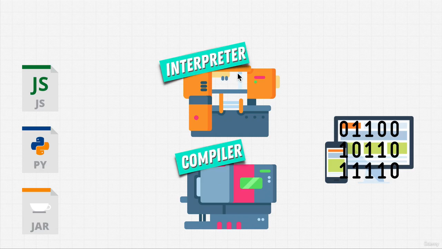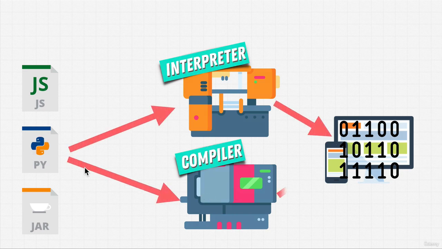Now, Python usually uses an interpreter, usually. And an interpreter, just like a translator, goes line by line through our code and executes our code on our machine. Compilers are a little bit different. They take your code all at once, read the entire file all at once, and then translate that to machine code. So again, an interpreter goes line by line, and each line executes an instruction. A compiler takes the entire file and turns it into machine code.